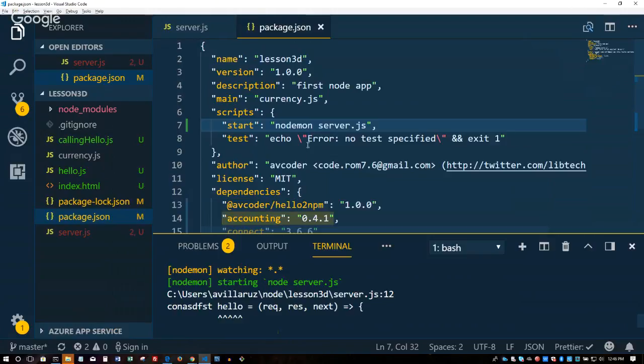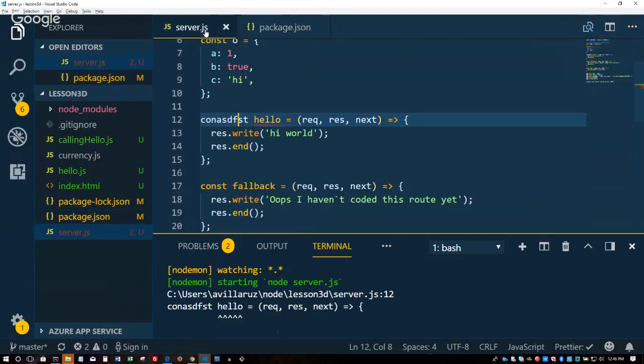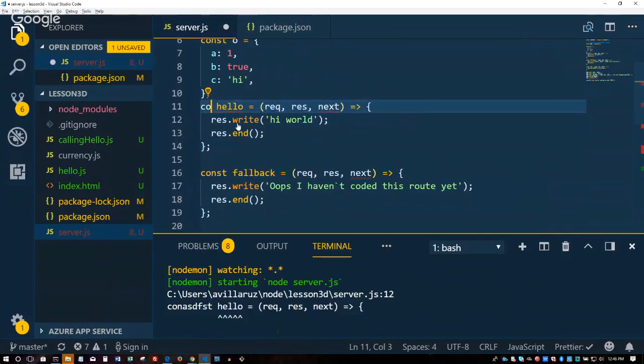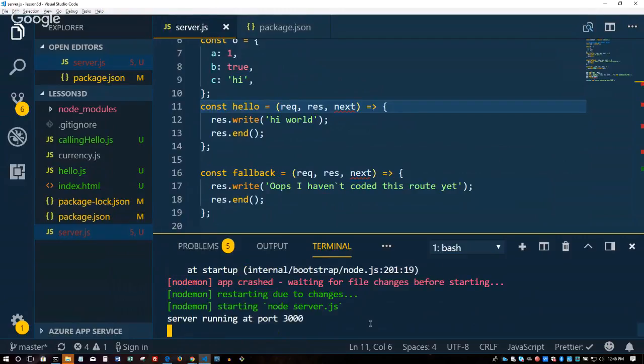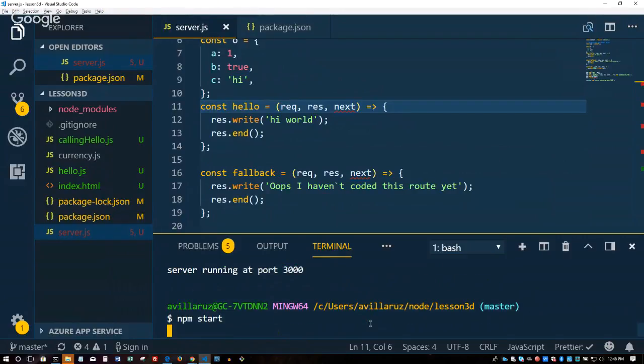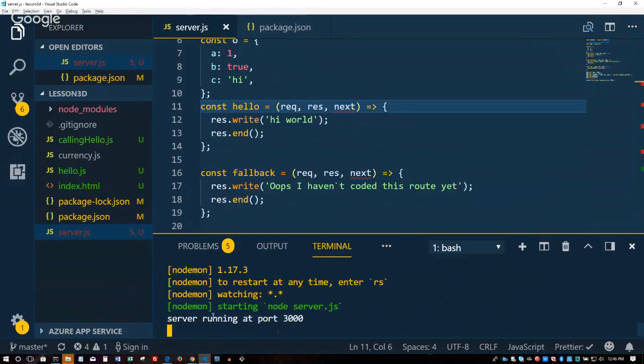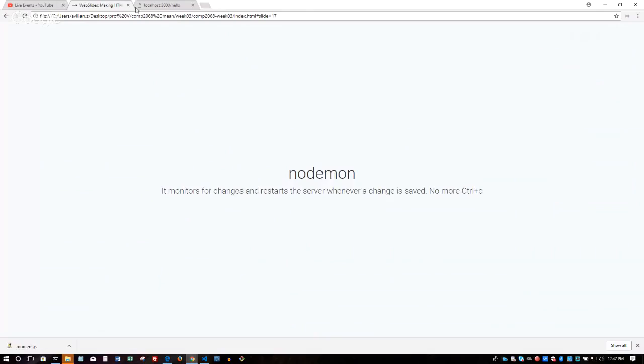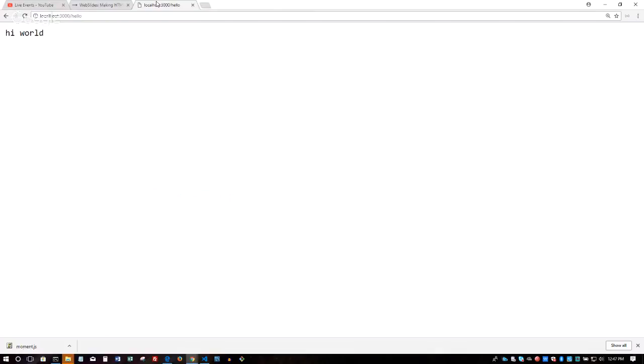I still spell const wrong. Yeah, I still spell const wrong. npm start. It should do the same thing. There it is. Server running, and everything should still work. If I go to my browser, there it is, still working.